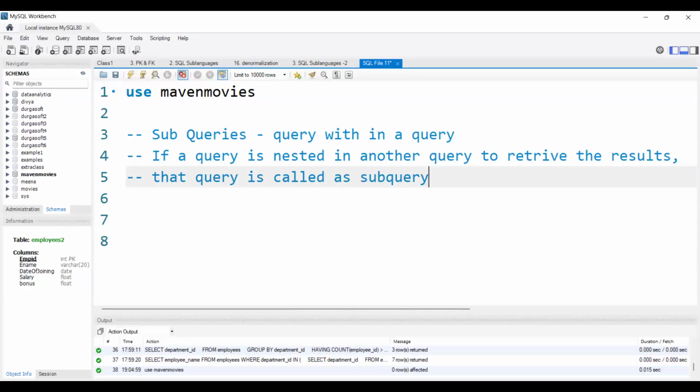So this is the technical definition of a subquery. If a query is nested in another query to get results according to the requirements or the questions, if we use one query inside another query, then whatever query we are writing inside is called a subquery. Let's see some examples, then you can understand easily. Before that, I can say